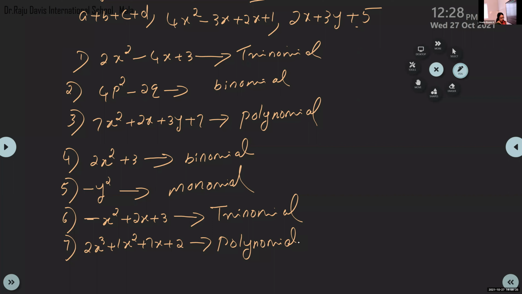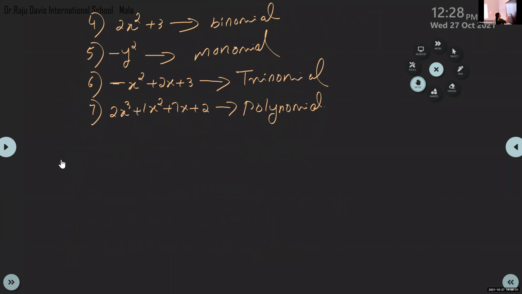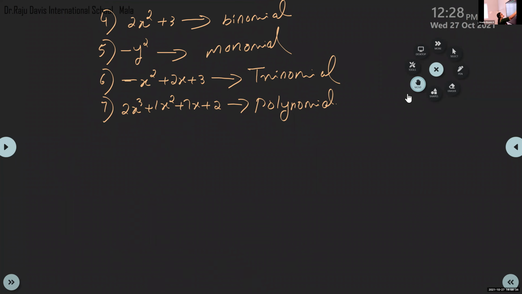Now, all of you take page 138. There you can see the try this box. After monomials, binomials, polynomials, you can see the try this box. Did you see that box? Yes, ma'am. Okay. And second question, construct. Four questions are there. You have to do them before my next period. Answers we will discuss in the next period.